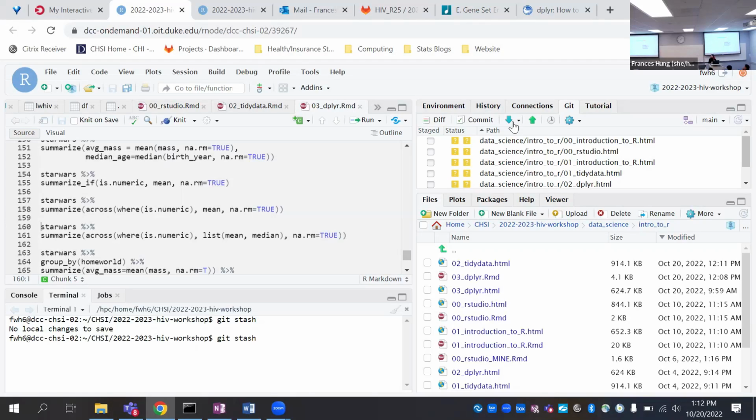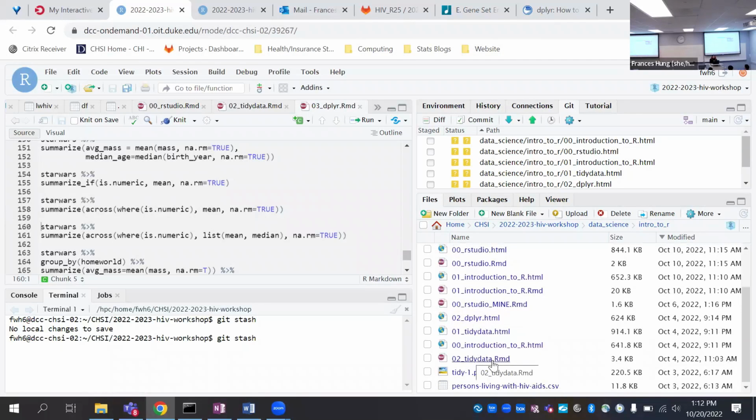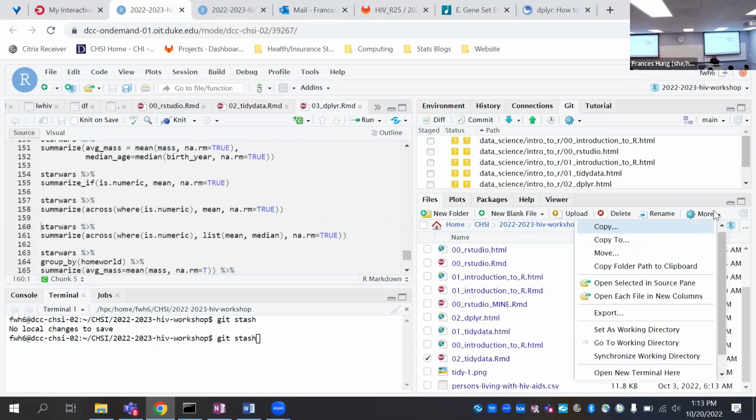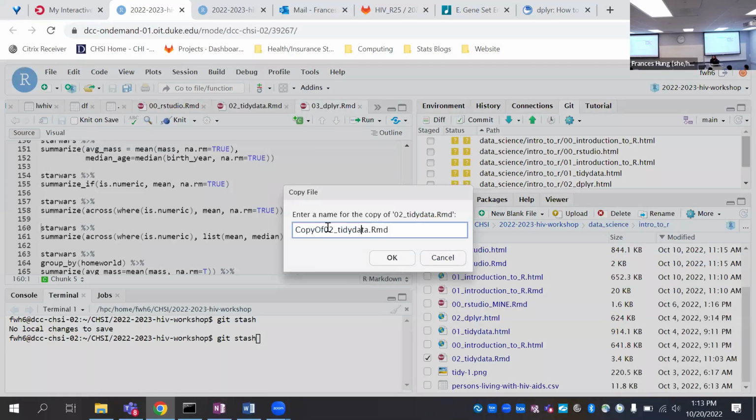Are there any questions or something to review from last time? No? Okay. In this case, we can start with, let's see, which one is it? I think it's 02. Yeah, 02, look for 02 tidydata.rmd. And like last time, if you want to make changes or notes, you can make a copy of this. So go ahead and make a copy. And then you can title it anything as long as it ends with capital MINE, underscore MINE.